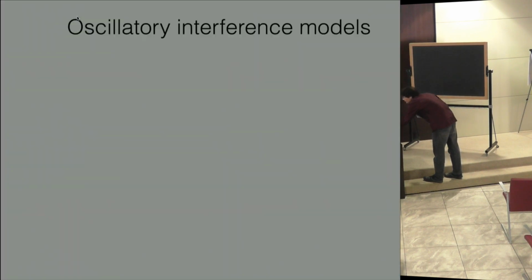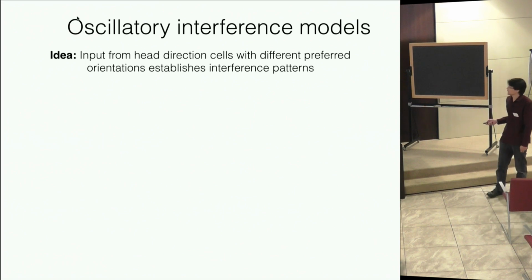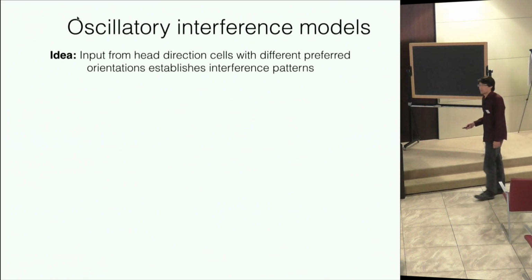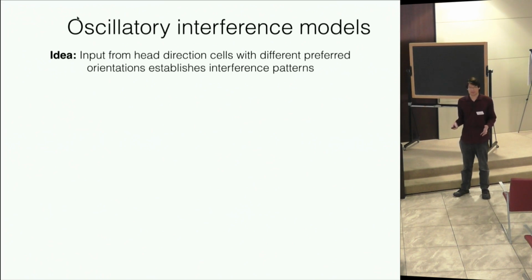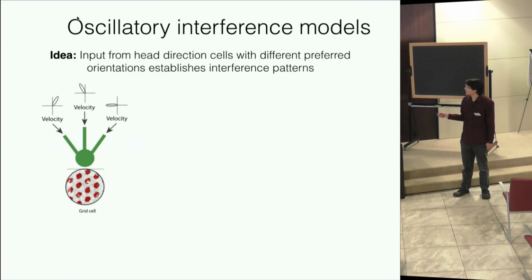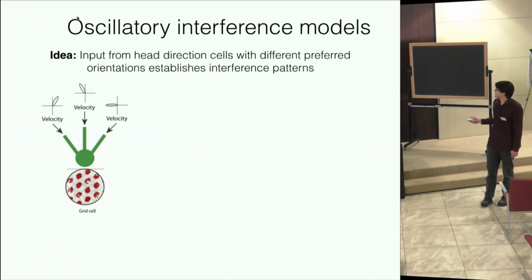Okay, so how have people thought about describing this mathematically? Well, one of the first models that really came about is the so-called oscillatory interference model. What this model does is it says, well, we know that there are head direction cells that have preferential firing or receptive fields that are oriented at certain angles of where you put your head. And what you can do is you can say, well, these then provide input to the grid cells in such a way that